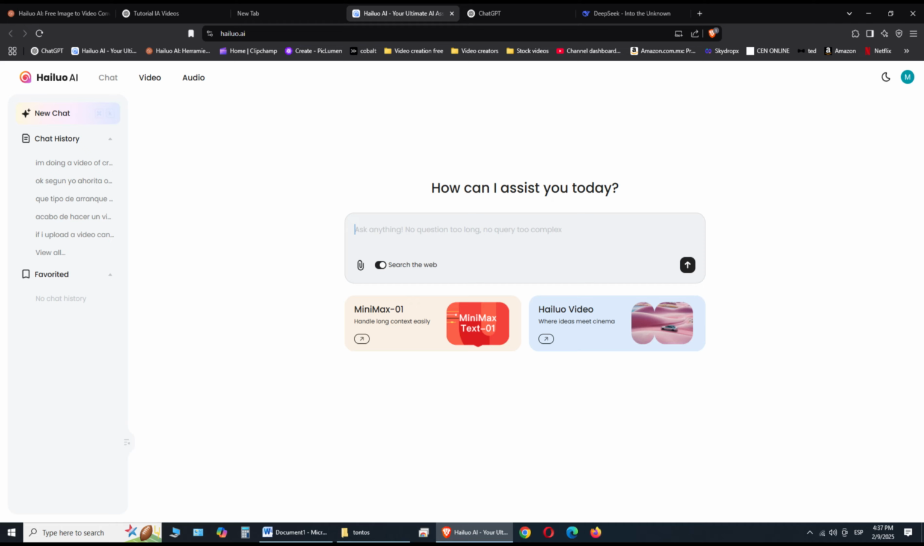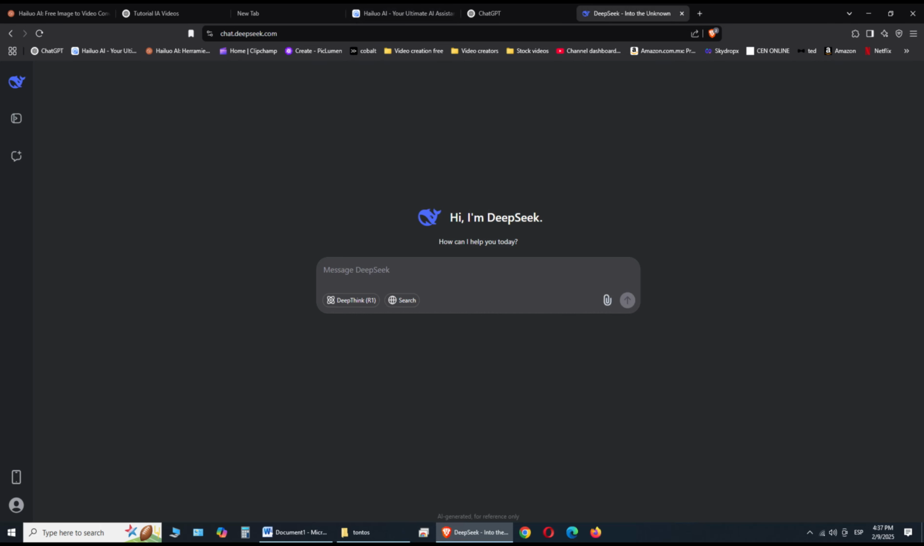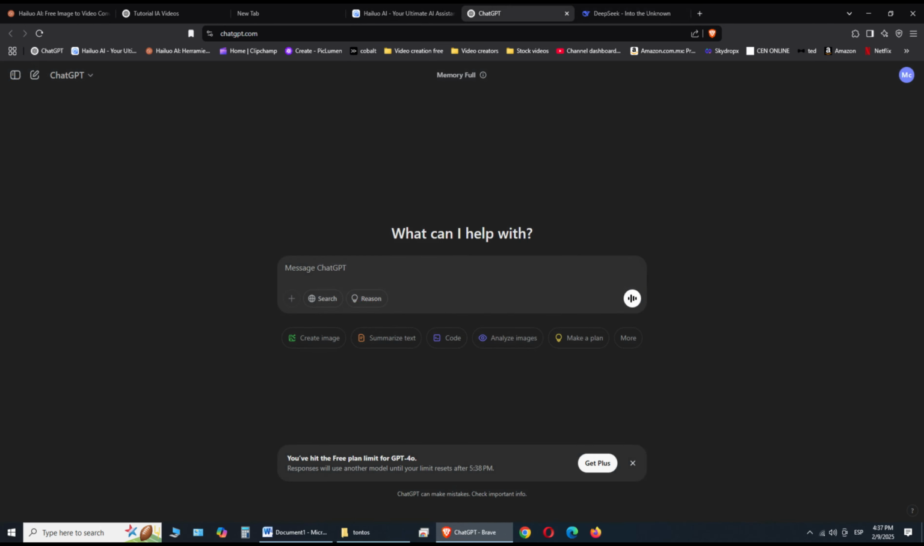First, we need a script. And AI makes this super easy. There are plenty of free options like ChatGPT, Halo AI, or DeepSeek, but personally, I prefer ChatGPT. It remembers context within the conversation, which helps when working on different parts of a script. Its memory is limited, though, so every now and then, you might need to clear things out to keep it